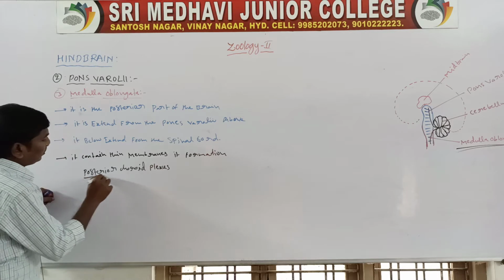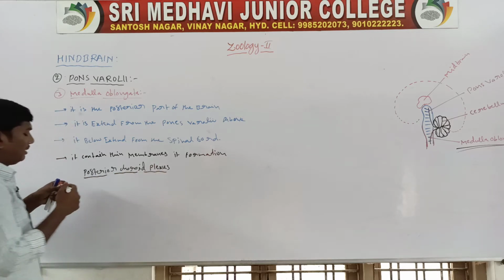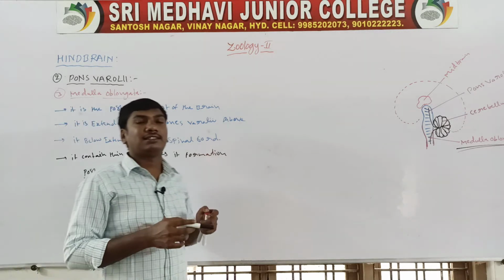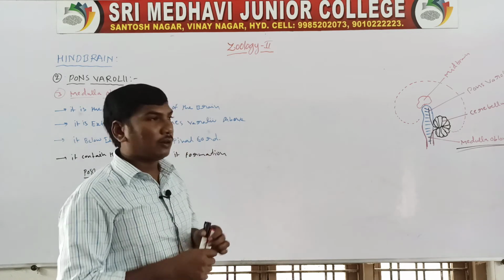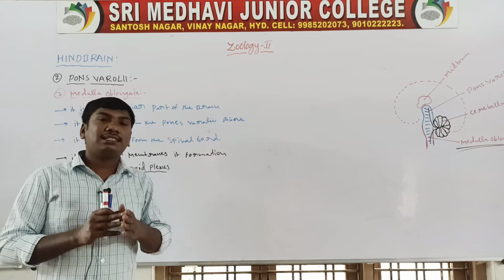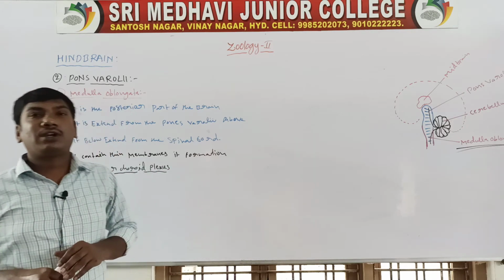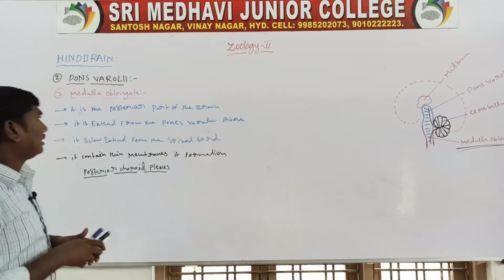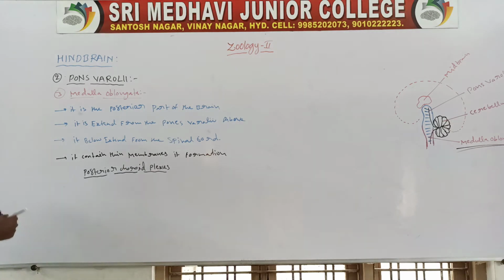The medulla oblongata contains thin membranes. These thin membranes form the posterior choroid plexus. Next, it contains